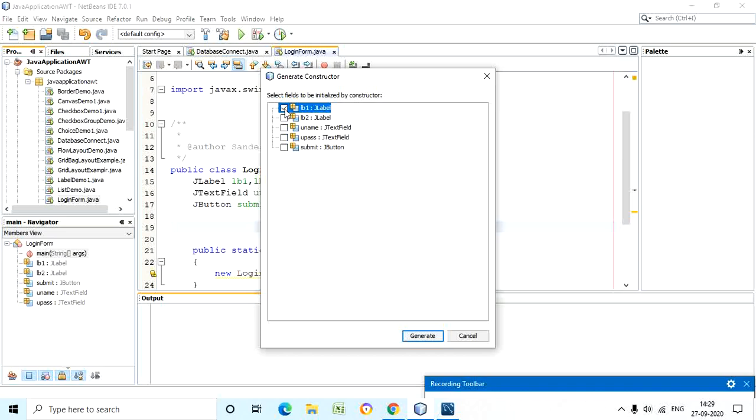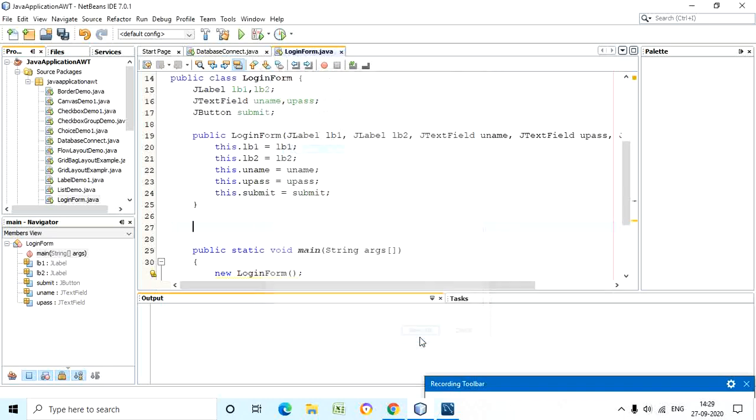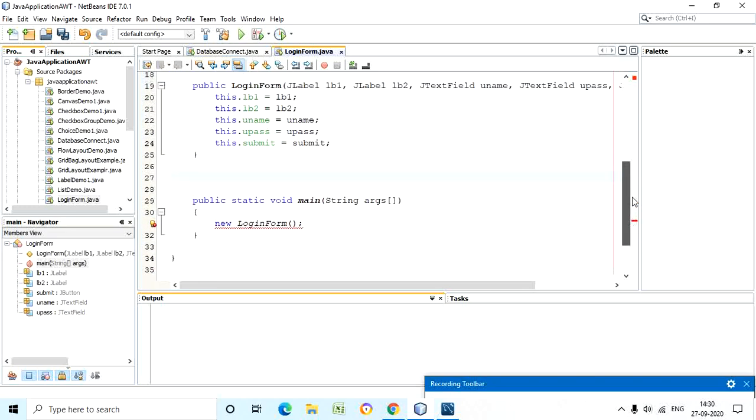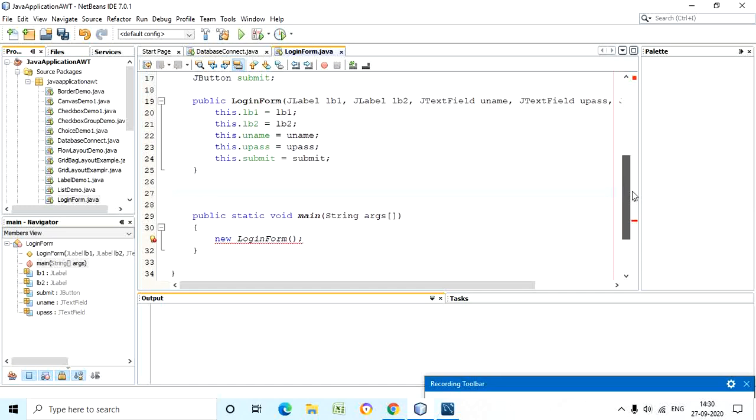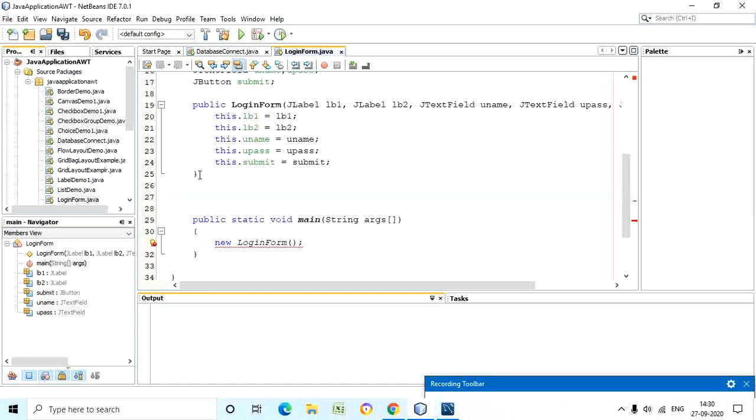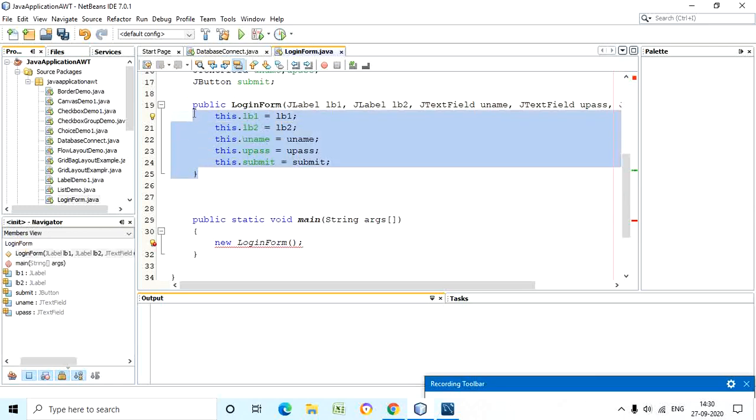This is a new thing you are learning, so you have to observe it very carefully. I have to check all these fields because I want to initialize objects of every component, right? And then I have to use a command or tab called generate. So these things are directly generated. If you observe this particular part, then these things are directly generated. Another possibility is that if you don't want this, if you don't want these fields to be directly generated, then what you can do is